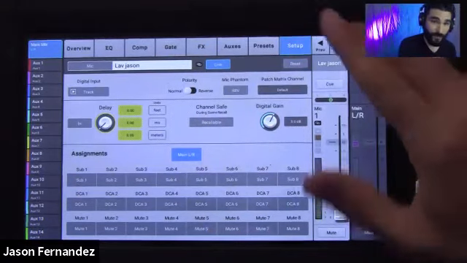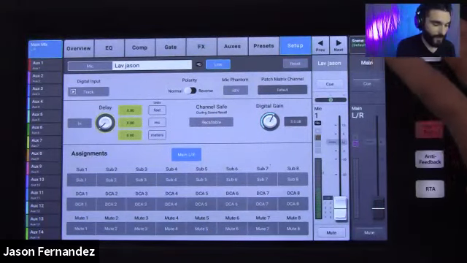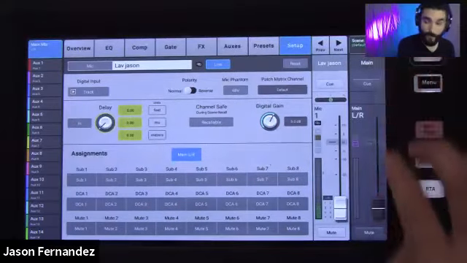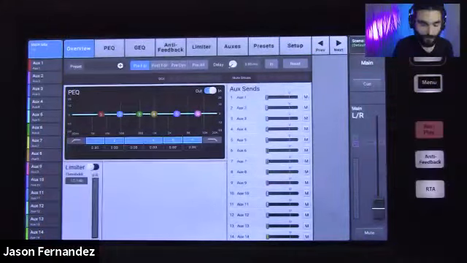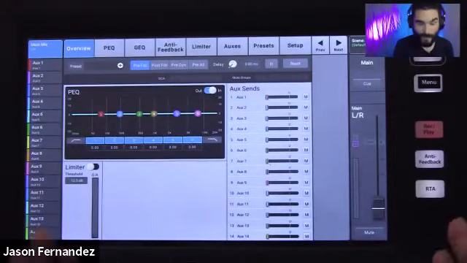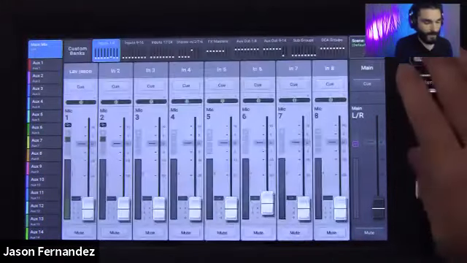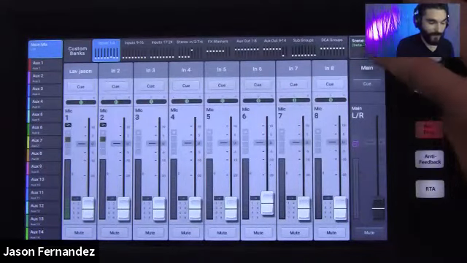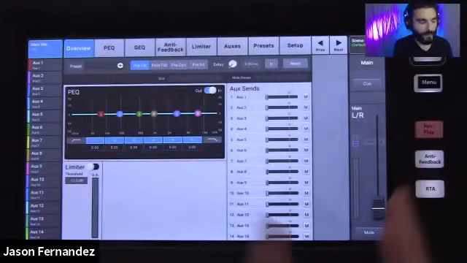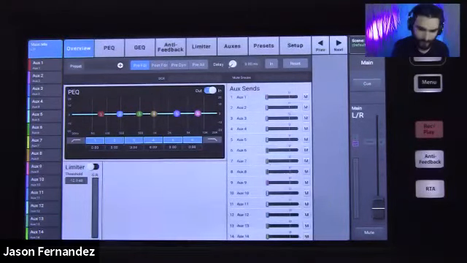I'm just going to start with my main output, and I do that just the same way. This fader is here. It always lives here. I can simply press main. That will enter me into my main output processing. Otherwise, I can hit home, and if I'm in my mix view here like this, I still have my main fader here, and I can press main, and it gets me into my output processing for my main output there.